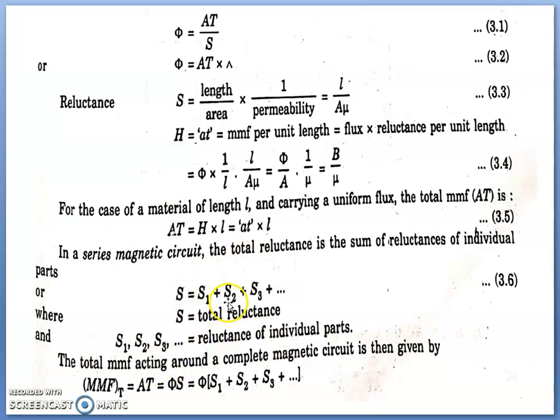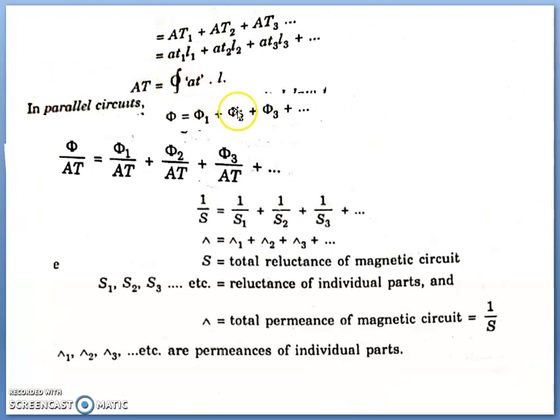We will be calculating the total reluctance then, and the MMF, which is ampere turns, is flux into reluctance. So MMF is flux into reluctance. So we calculate reluctance based upon whether the magnetic circuit is a series or parallel magnetic circuit. For a parallel magnetic circuit, we calculate the total reluctance for a particular path. AT1 is the total MMF of the first path, and similarly for some other path. Like that we will be adding, and this is the length of the magnetic circuit in a particular section. And then we are integrating the MMF per unit length multiplied with the total length.